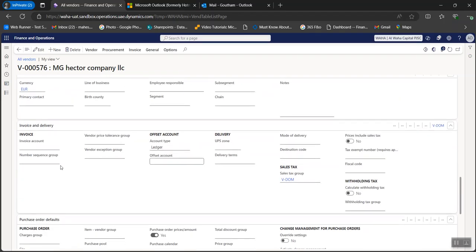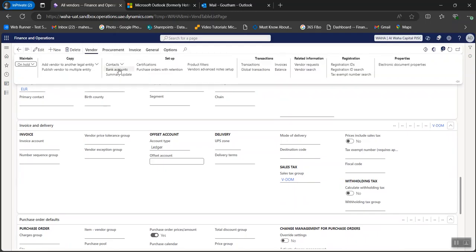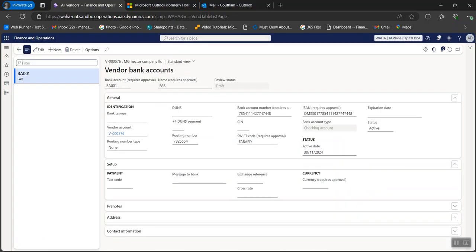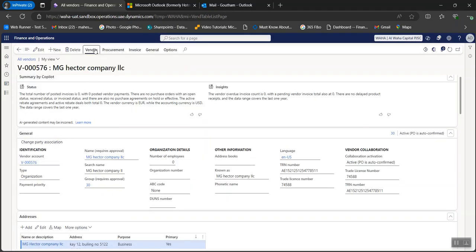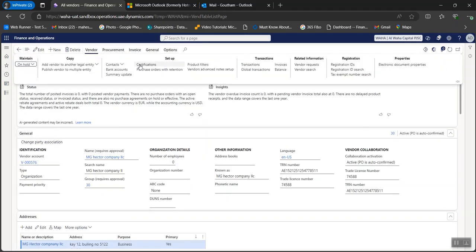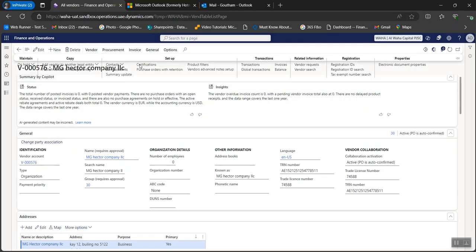If I click on this particular vendor tab and click on bank account, you can see the bank account information is populating over here, and you can see the random details that I have updated on the portal side. Those are updated. If I go back to the vendor, we have certifications, right? If I click on certification,